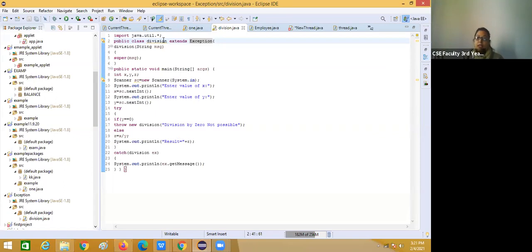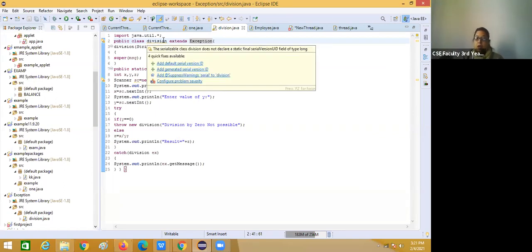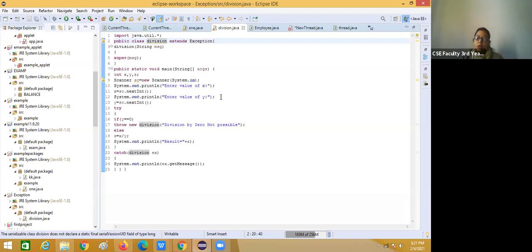So let's check whether we can handle or not. We all know that division cannot be done by zero. Okay, when we are going to divide some number by zero, that means it will give us the runtime error.